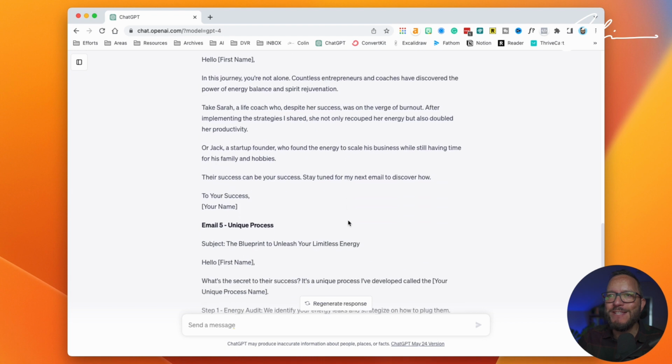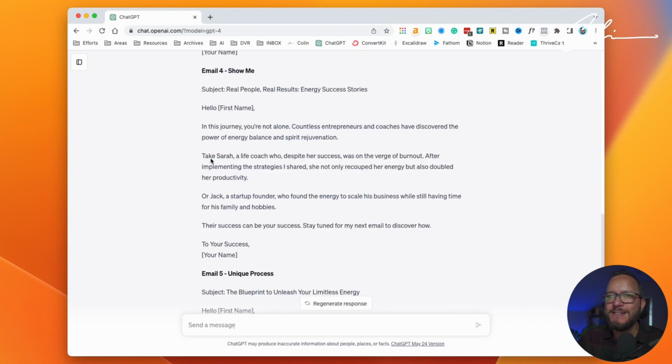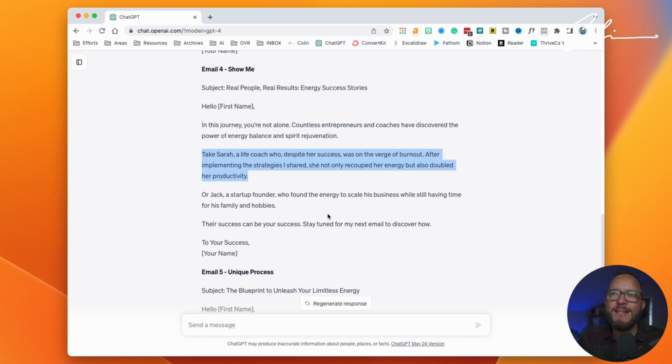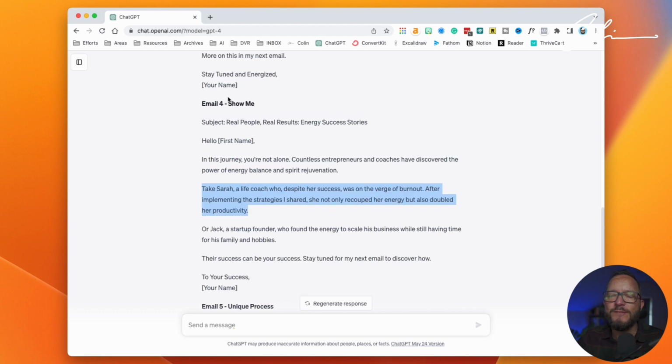Email 4, show me. So this is where we talk about successes. And here you would obviously fill in the blanks with one of the successes that you've achieved. But again, this is giving you the framework, the structure that you can just put your stuff to. I share this email structure with my coaching clients, and I've got examples, I've got templates, I've got the structure. I teach all of that. But then when it comes to writing it for yourself, that's where a lot of my clients fall down.